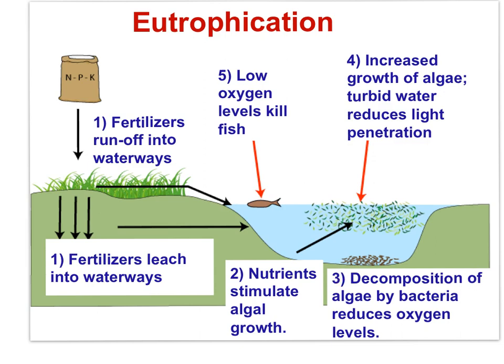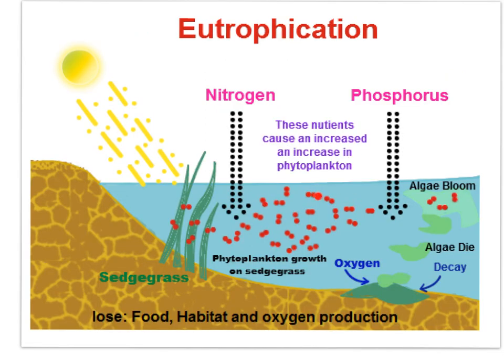Once again, the algae are stimulated by the runoff and the leaching of nitrogen and phosphorus into the aquatic system. When the algae die, the bacteria decompose the algae. The bacteria that decompose the algae consume oxygen. Oxygen is used in cell respiration of the bacteria. This is biological oxygen demand. A decline in oxygen levels results in fish death. There is a loss of diversity and really a loss of the habitat.